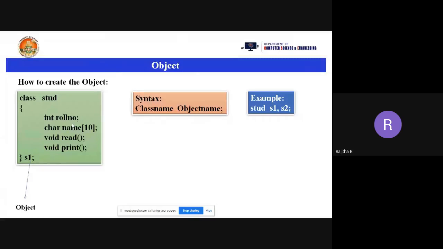How much memory will be allocated for int a, b? Yes, 4 bytes. 4 bytes will be allocated. And will the 4 bytes be allocated in a continuous location or different locations? Different locations. Yes, the memory will be allocated in different locations for the A variable and the B variable.